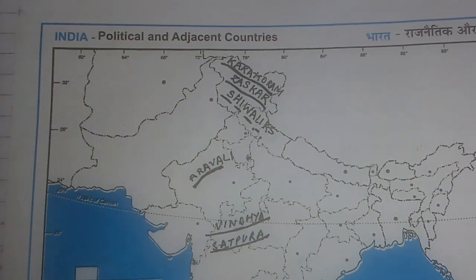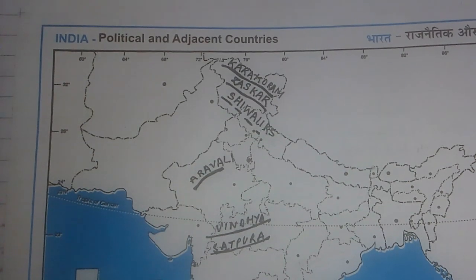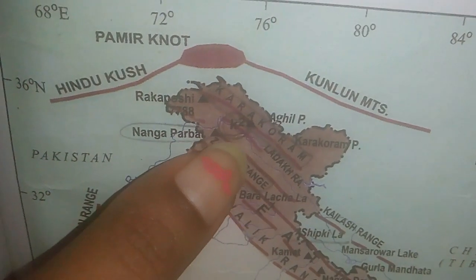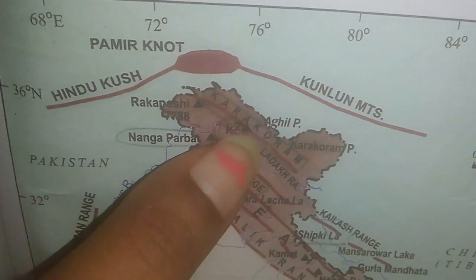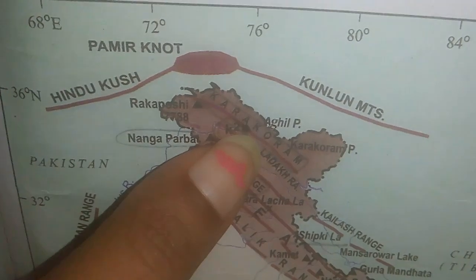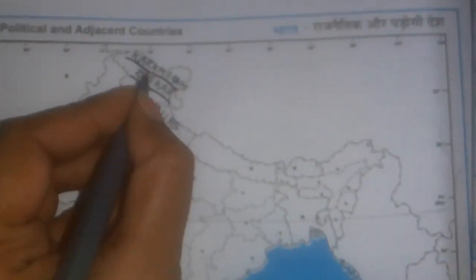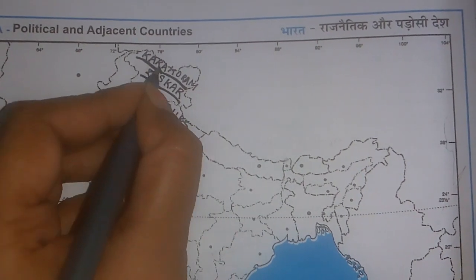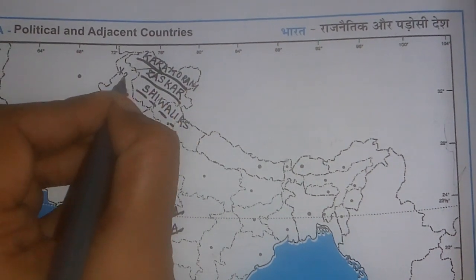K2's marking you are going to find on the map which is given on page 9 in your books. Over here K2, it is being marked with a triangle काराकोरम रेंज के ऊपर. तो क्या कर सकते हो? Like this. और यहाँ पे ये क्या हो गया? This is K2.